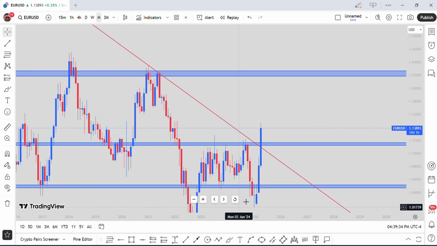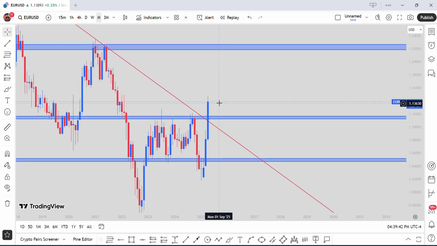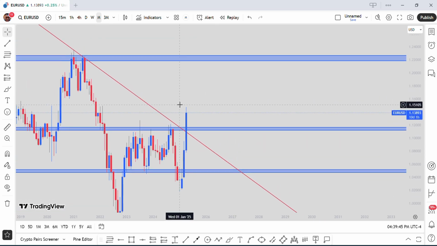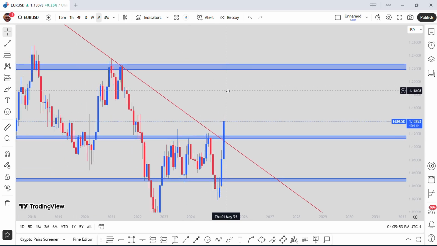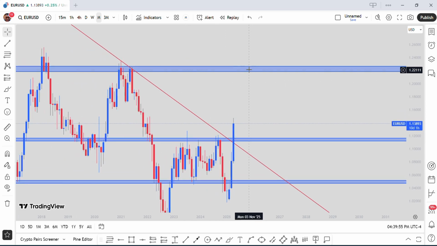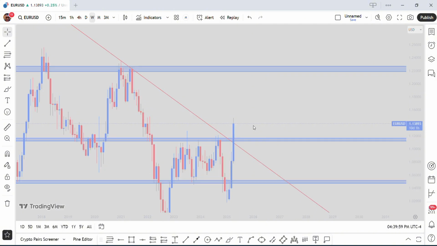So since price has cleared this trend line, this monthly trend line, and also this support level and the top of the range, what I'm going to be waiting for on EURUSD is very simple: to start looking for buying opportunities. So I'm expecting a retracement back into this level for me to start looking for buying opportunities on EURUSD to this next major level. So on the weekly time frame,